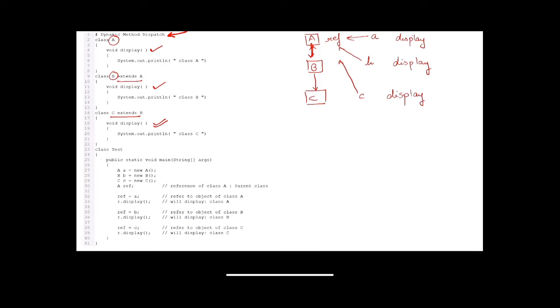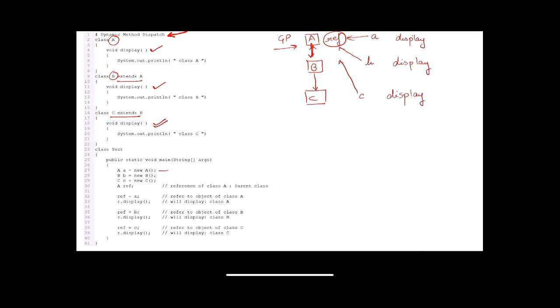So you have to note one thing, that the reference variable is always made for the top class in the hierarchy, or the grandparent class or the parent class, whatever the topmost class in your hierarchy. Over here, the topmost class I am having, or the starting class I am having, is A. So let us just check out our main method.